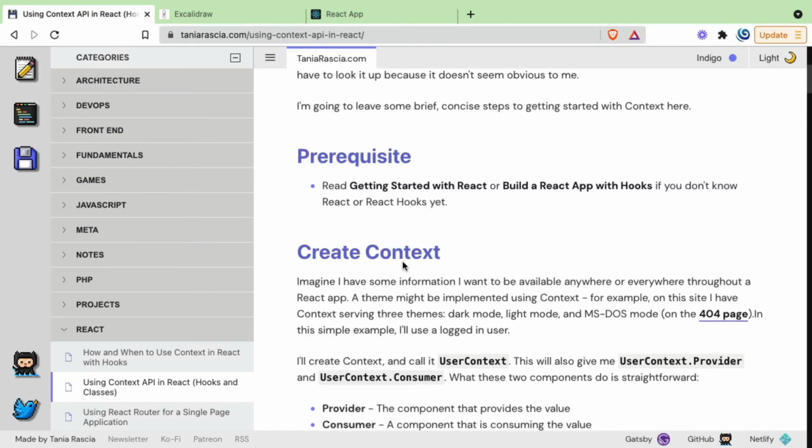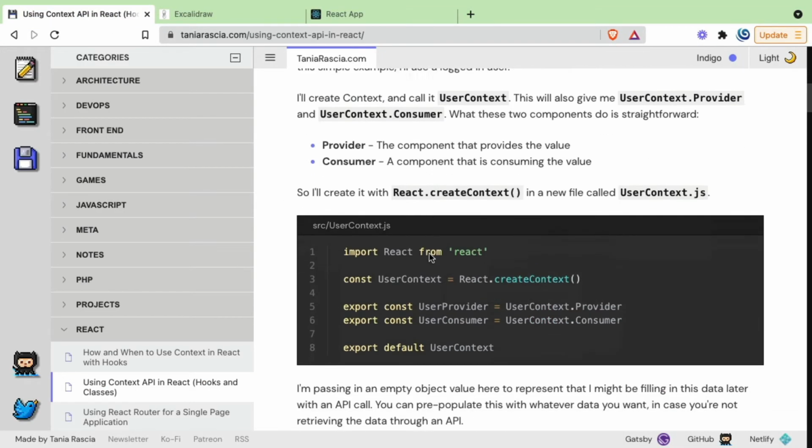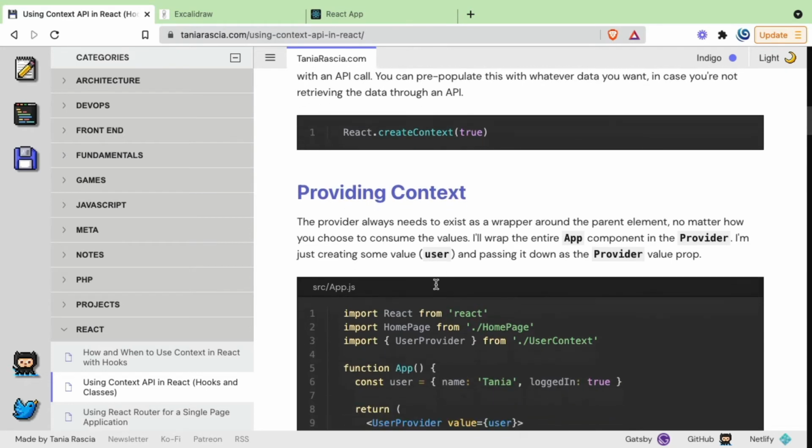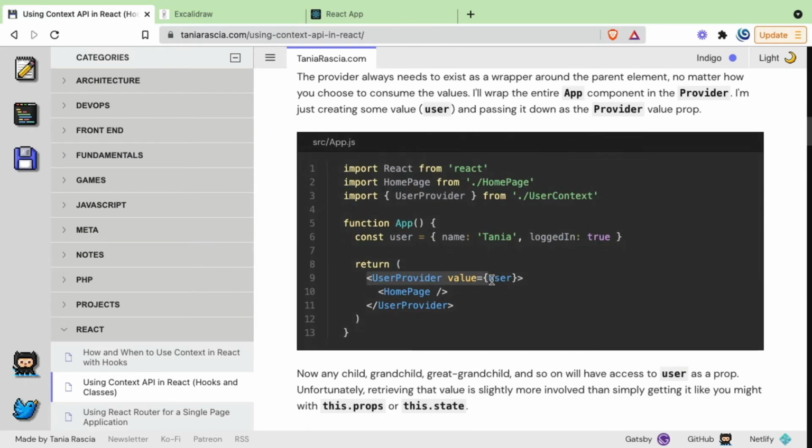So you can see that started with creating a context. The way we did that is by using createContext. So you call the function and it returns UserContext. Whatever there is, it is going to have Provider and Consumer. So you can call it Provider and Consumer, but here we have not done that in our case. So moving on, providing the context. The way you provide it is by passing a property of value inside UserProvider.